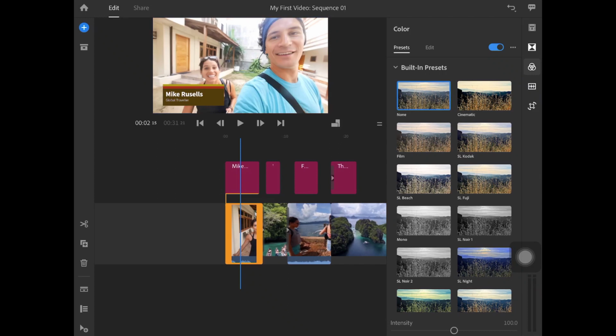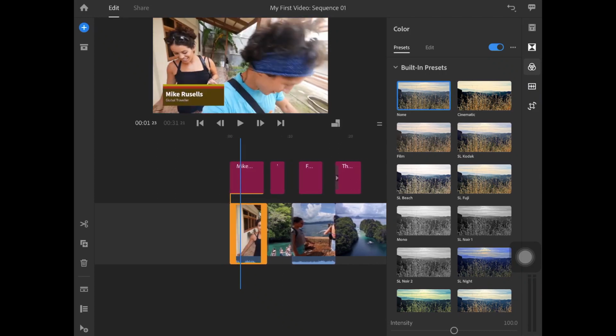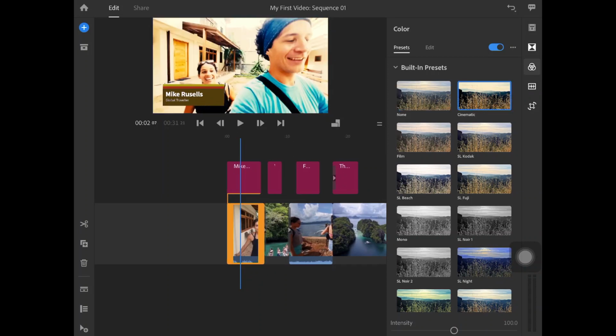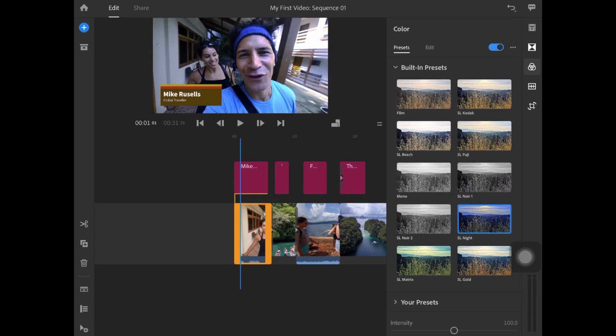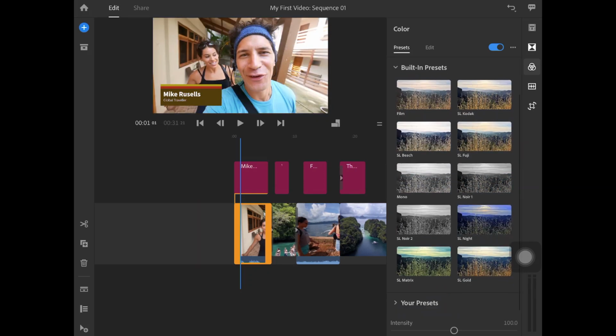Without this is how my videos would look. These are raw washed out videos, but if I use cinematic, it really brings out the colors. And there are many other options that you can play around with. There is nothing right and wrong here. It's all about what feel and look you want to achieve. So now this one looks like this, but originally it looked like this.